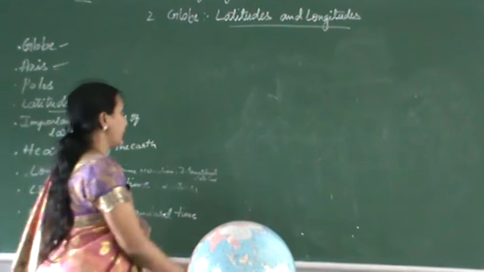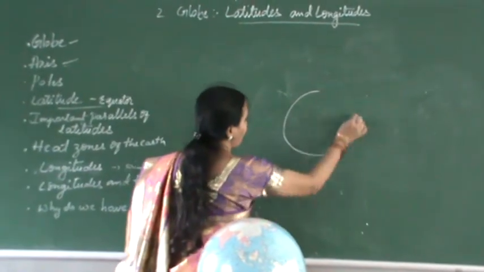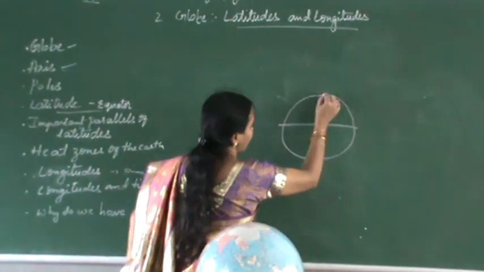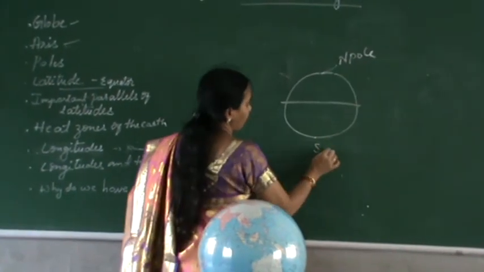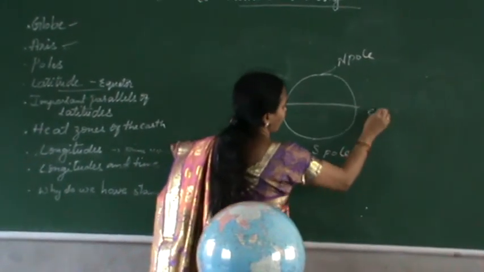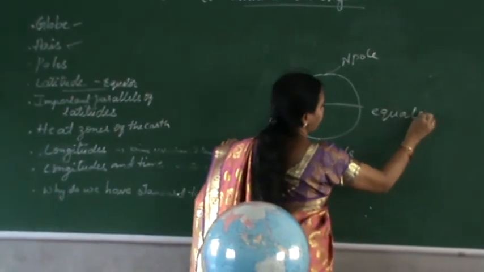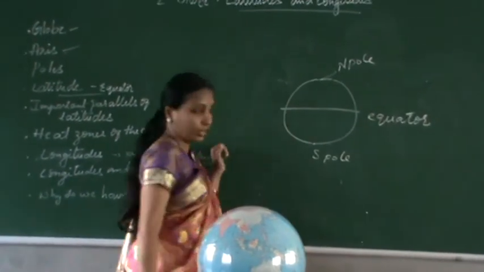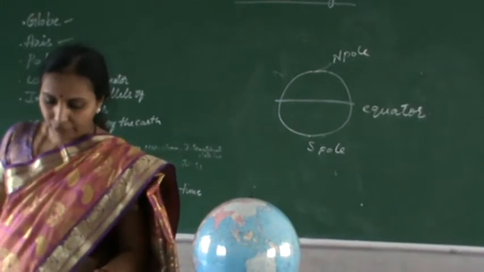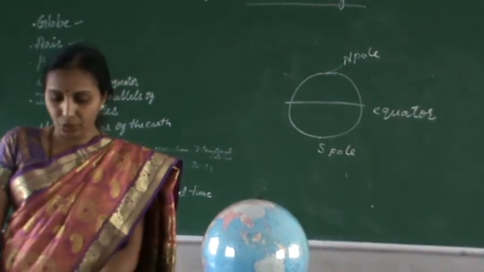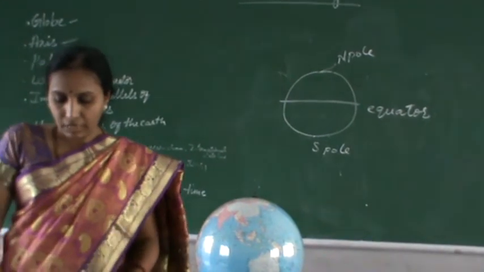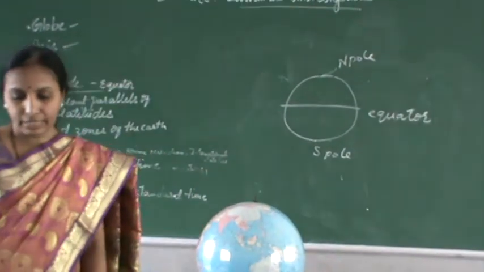Now this each has not discussed about the North Pole, South Pole, Equator. The value of each latitude is therefore followed by either the word north or south. It is indicated by the letter N or S.